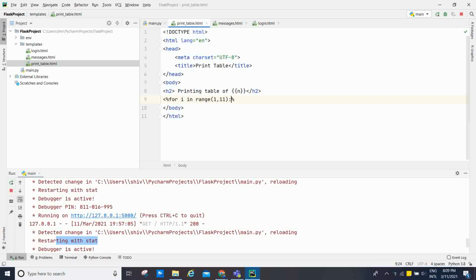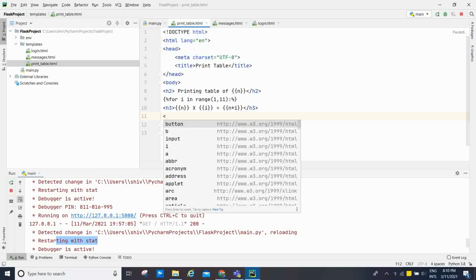After that use h3, n multiply by i equal to, and multiply by i, that is going to be rendered.